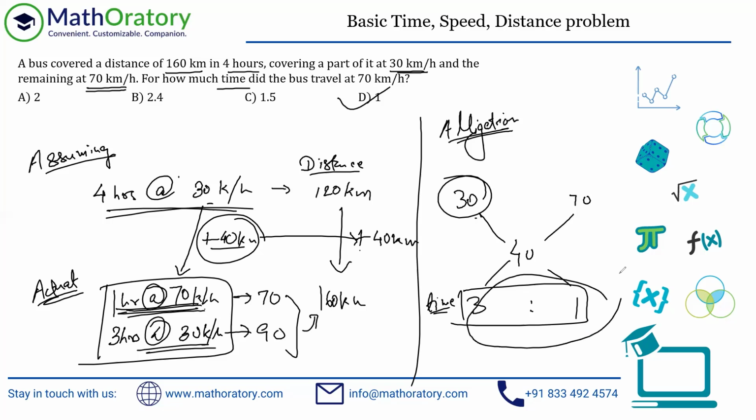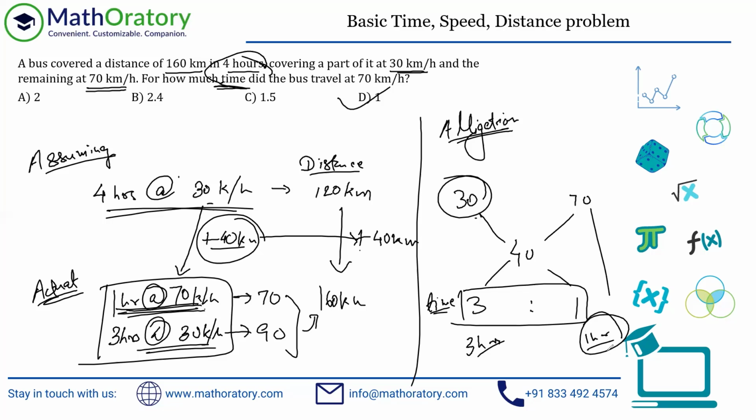That will indicate what this ratio is of. So in this case, since the unit is kilometer per hour, this will be the ratio of time. The reason I'm pointing this out is that in this question you will not make a mistake, because even if you do it without knowing it, you will see that there's a ratio of 3:1. Okay, we are looking for how much time. So 4 hours is what we are trying to distribute in 3:1. So basically there should be 3 hours and there should be 1 hour, right? So you're getting the answer, 70 kilometers per hour for 1 hour.